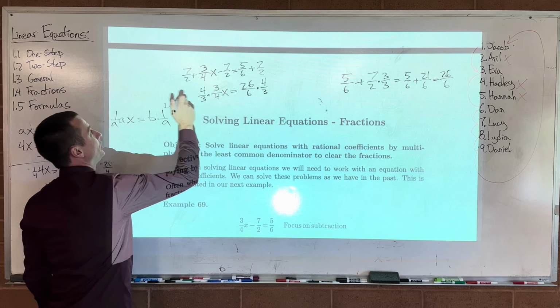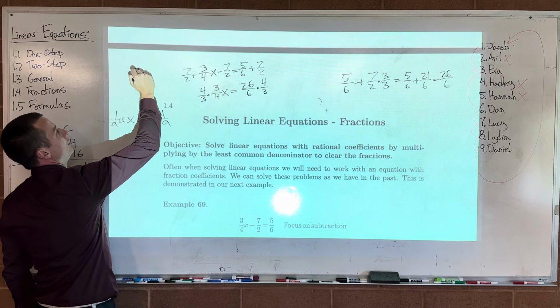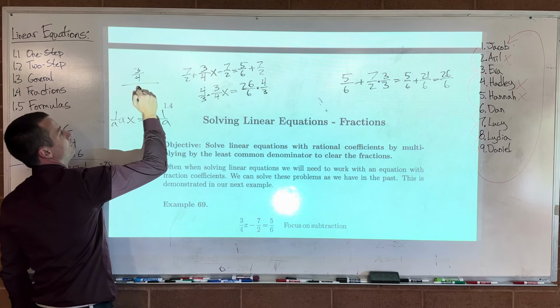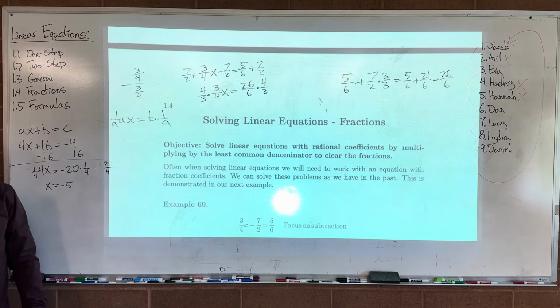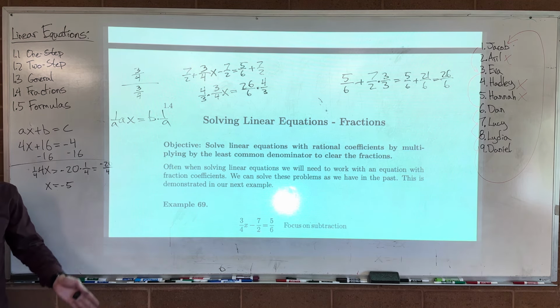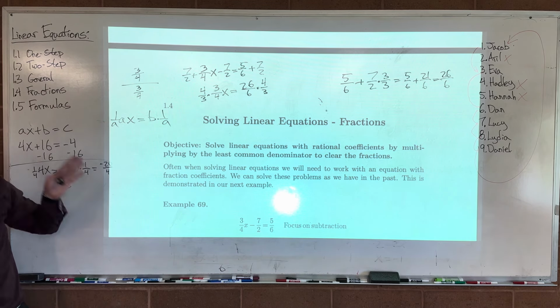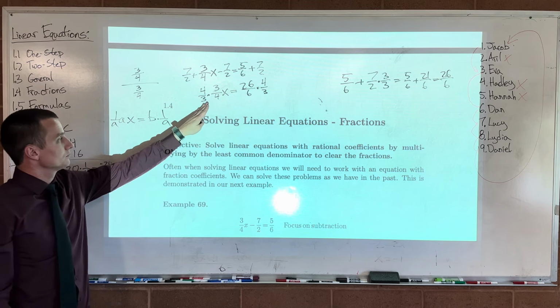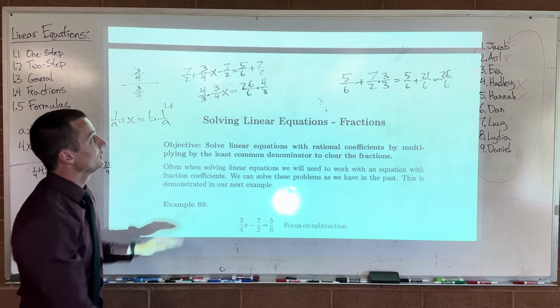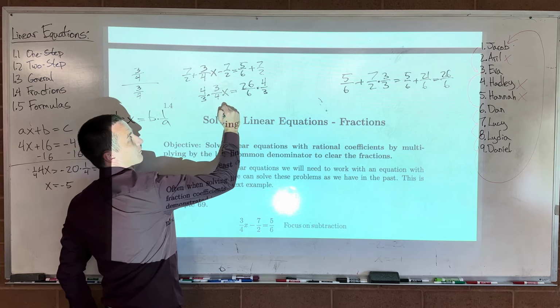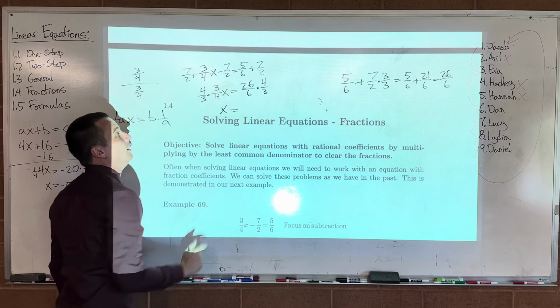This is the exact same thing as 3/4 divided by 3/4. Any number over itself is 1. A over A, 1. X over X, 1. 3/4 over 3/4, 1. Okay, so that's going to leave us a 1 over here, so that we just have x by itself is equal to